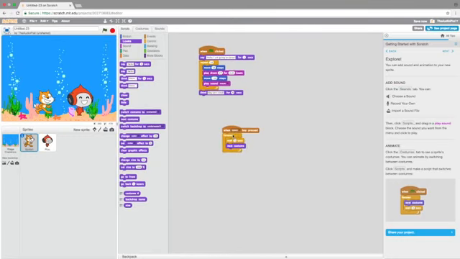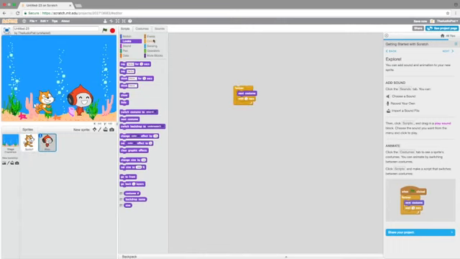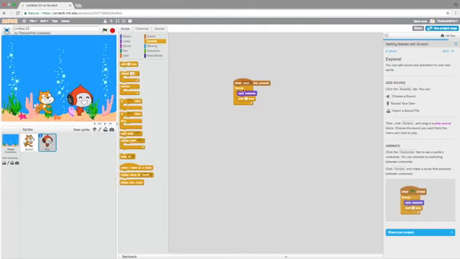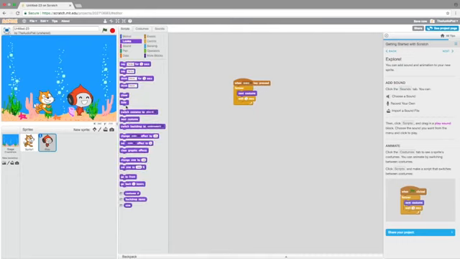And we're going to enact that when we hit the space bar. So we need to put that forever loop, the wait 1 second, the next costume. So we need to put that space bar in both things. So we got to go to events, space bar, and then control, forever loop, wait 1 second, then looks,